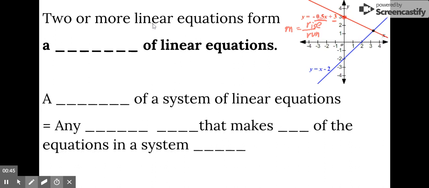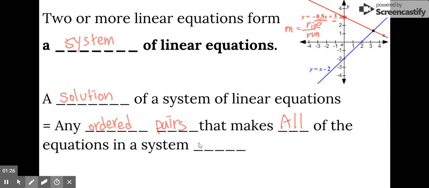Okay, so two or more linear equations. When you have two or more equations, it forms a system of linear equations. Many times we just call them a system of equations. And we are going to find solutions of a system of linear equations. A solution means any ordered pair that makes all of the equations in the system true,